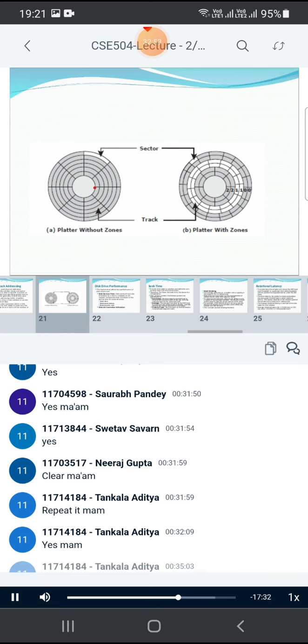But if the head comes over here to this track, still this is not the correct position, this is not the correct location where our data is lying. Head can just move like this. Now, for locating a particular sector, we need to rotate the disk. So the head will be moving like this, and at the same time, the disk will be rotating. When this particular sector comes over here, the head will get to know that this is the desired location.